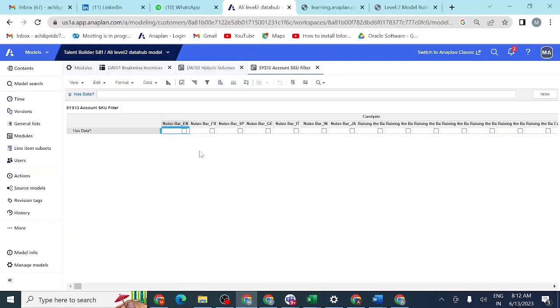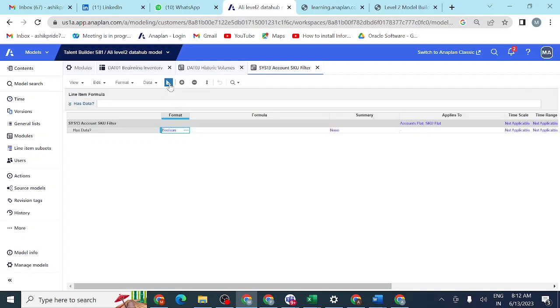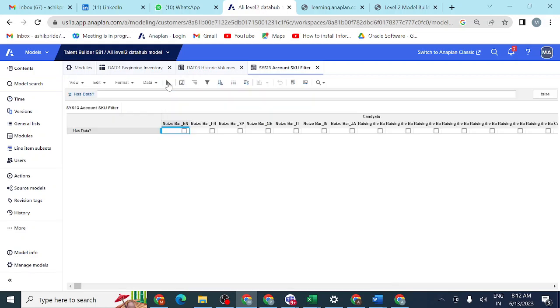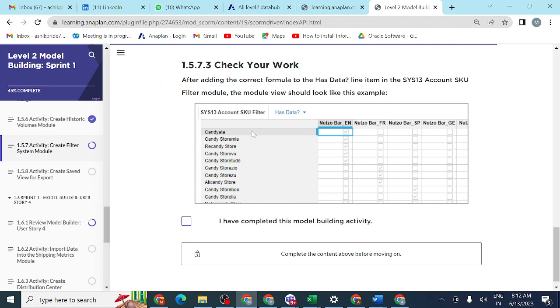We can implement this formula, nothing will happen, no problem. We should use these constraints and rules and implement here so that you will get the proper answer. Whenever you have data you will get a true statement, and whenever you don't have any data you will get a false statement. So this is the way to get data here, and we can wrap up this session.